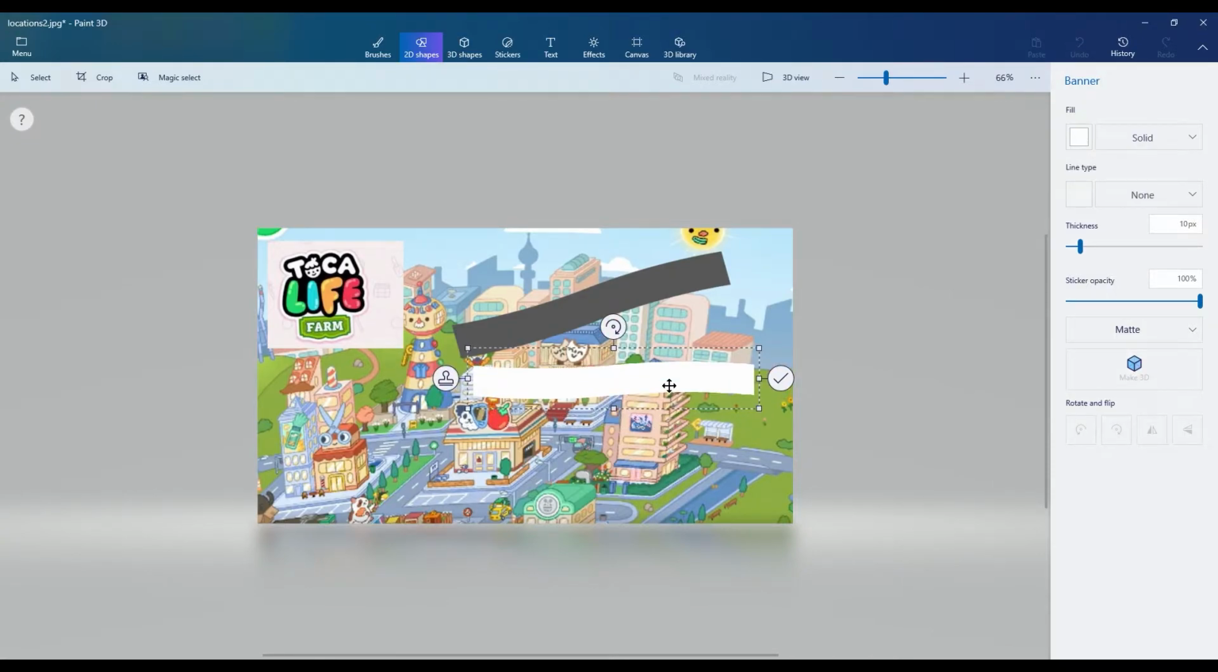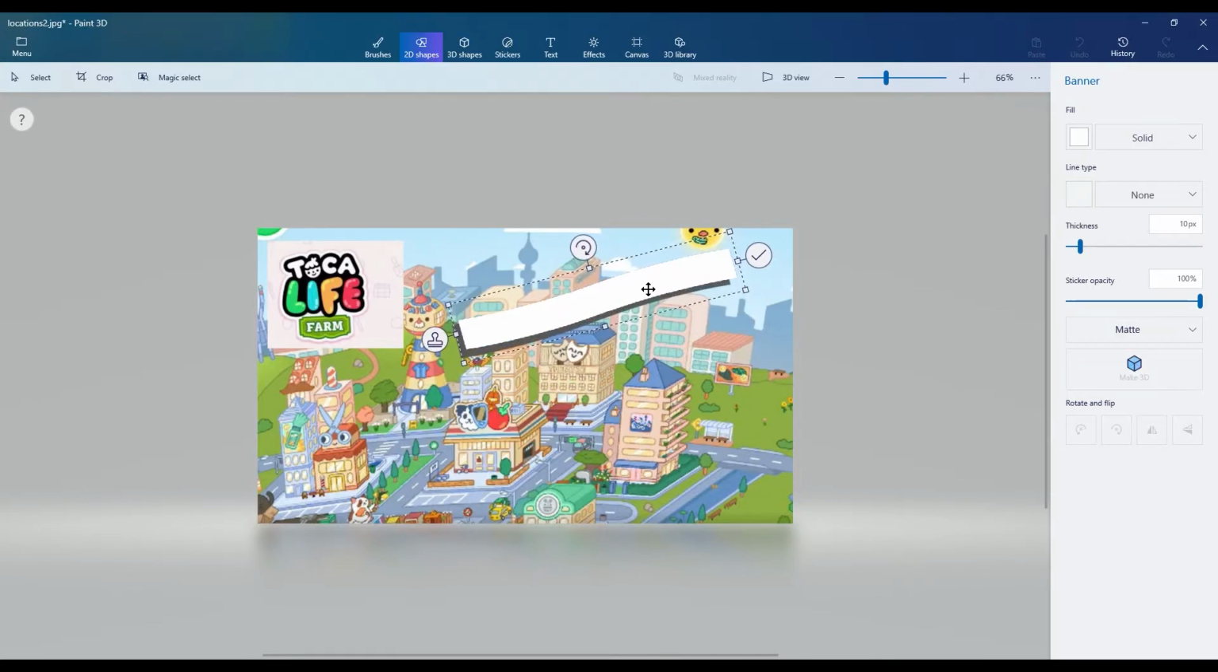I will rotate that one also to the same angle and then bring it on top. Okay, I bring it on top in order to create a shadow effect, just a little. Drag it a bit, drag here a bit